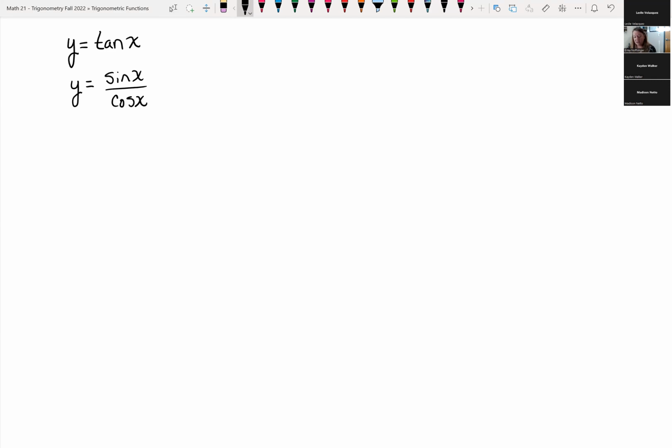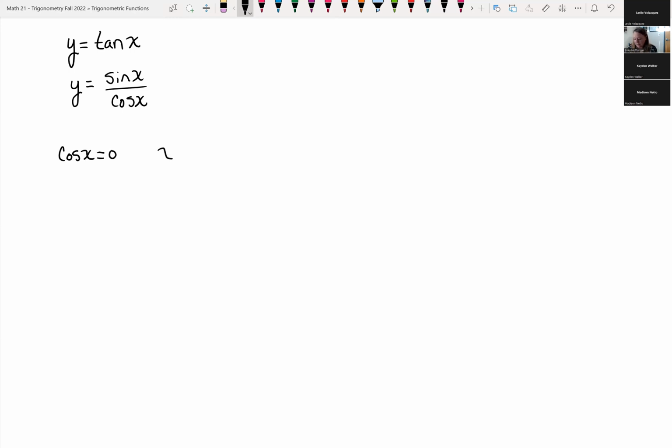We're worried about values which set our denominator equal to 0. And those are values we have to exclude from the domain because that input is not giving us back a real number. And those are the values that set our denominator equal to 0. Those are our vertical asymptotes. And so looking at when cosine of x is equal to 0,